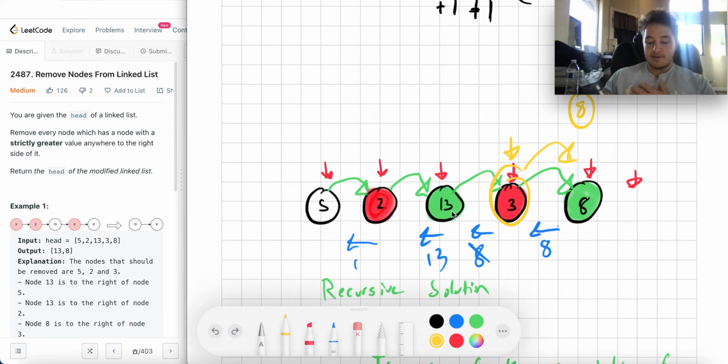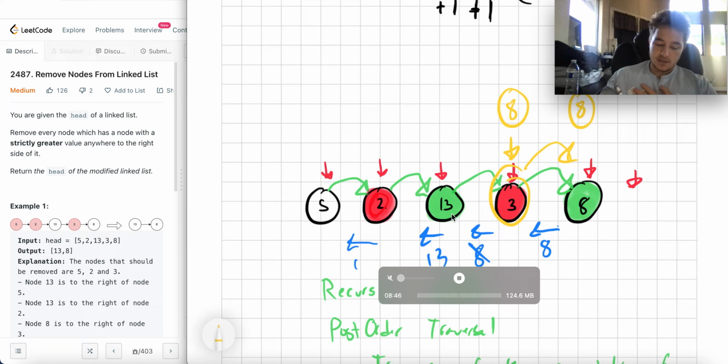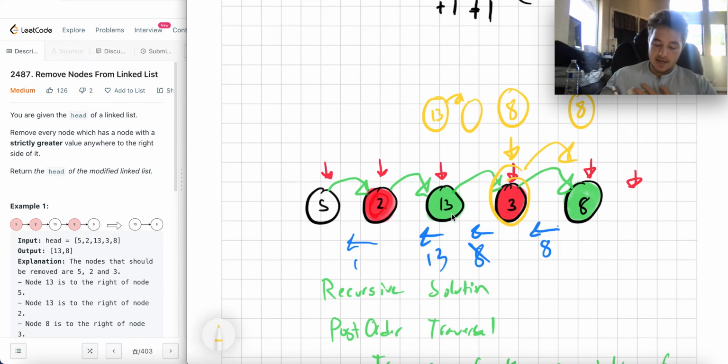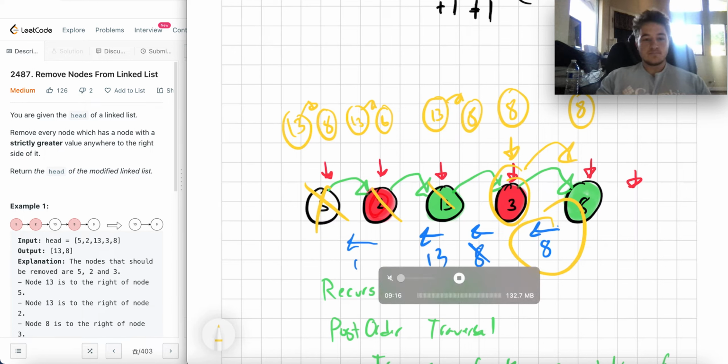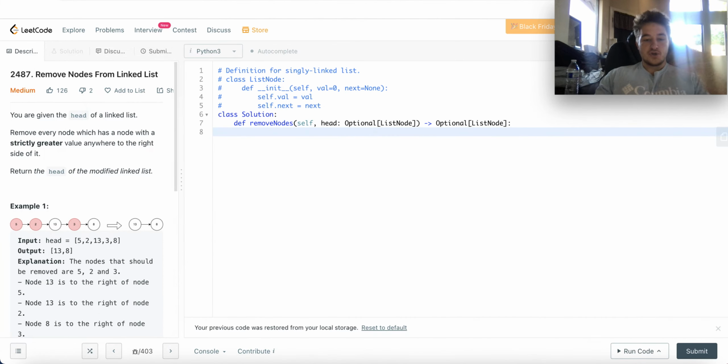When it gets to this node, 13's included, so we return 13 and 8. When we get to this node, 2 is not included, so we return 13 and 8. And this node is not included, so we return 13 and 8. So basically, you only include yourself in the tree that's returned if you are less than the maximum that you found so far. Otherwise, you don't,